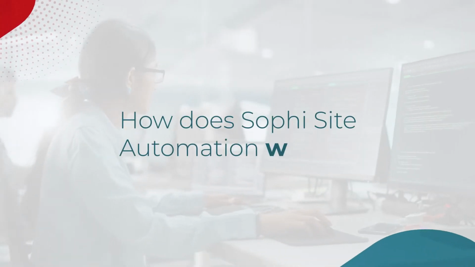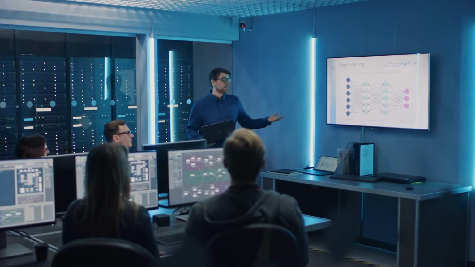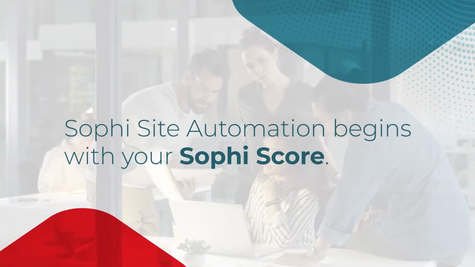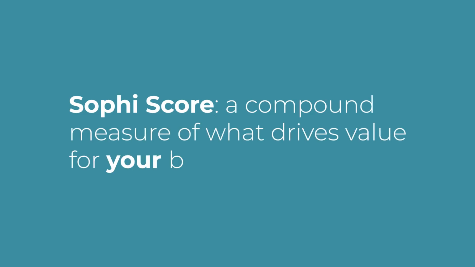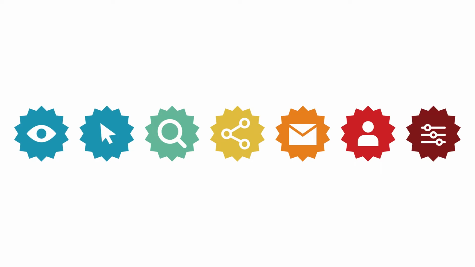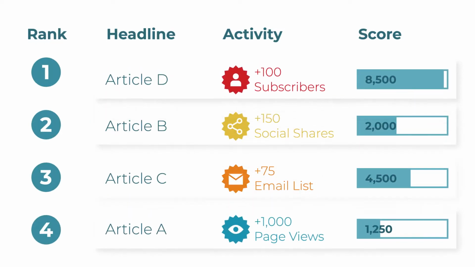How does Sophi Site Automation work? How does it automate content curation, surfacing the content that drives the most value for your organization? Let's take a look. Sophi Site Automation begins with your Sophi score, a compound measure of what drives value for your business. The Sophi score looks beyond page views and clicks. It ignores what's merely popular to uncover the content that's moving the needle on the metrics that matter the most